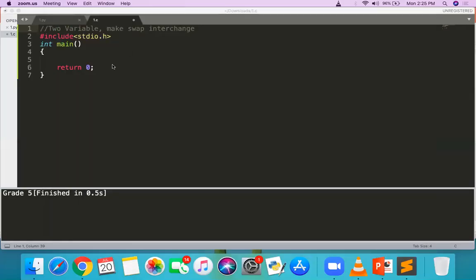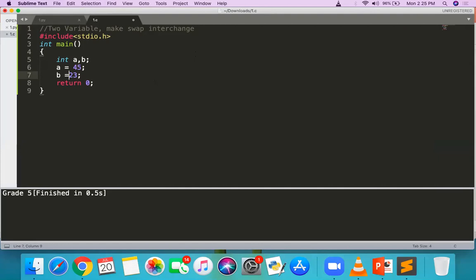Okay, so interchanging means suppose there are two variables, integer a and integer b, and suppose a contains the value 45 and b contains the value 23.